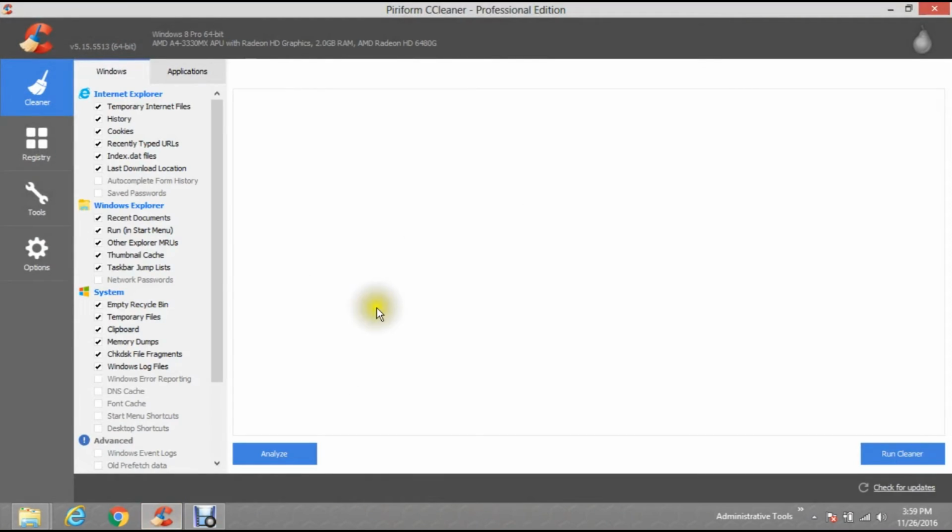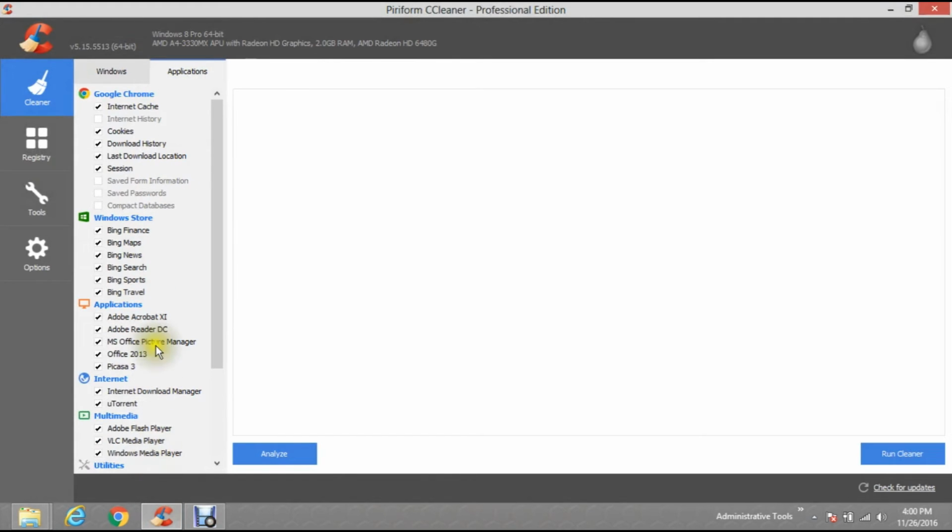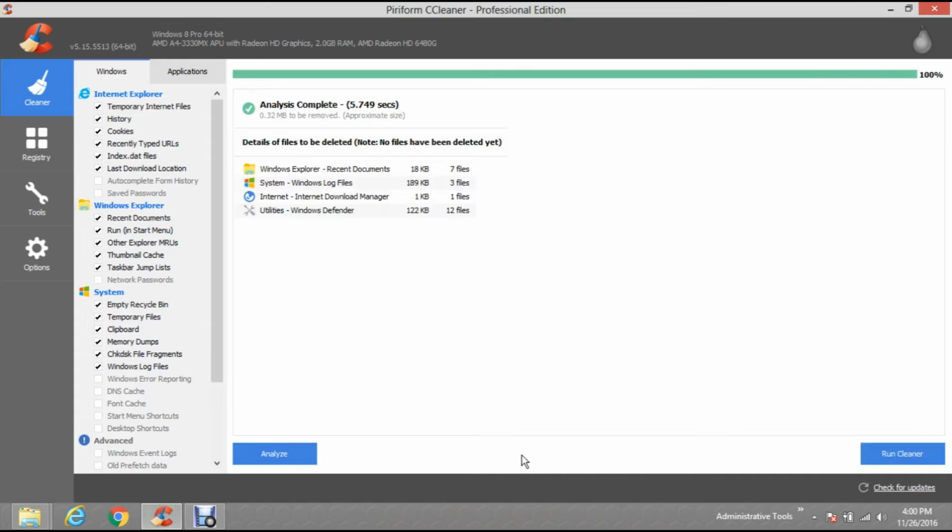When you open the app, it shows something like this. Don't sneak around all the stuff, but just see the blue colored options. We have Analyze and Run Cleaner options. On clicking Analyze, you will see the amount of junk on your PC.